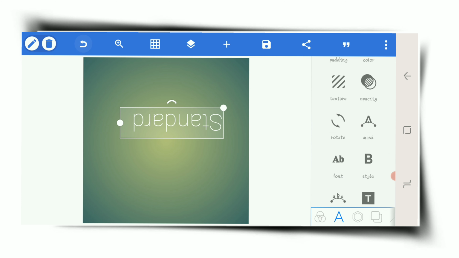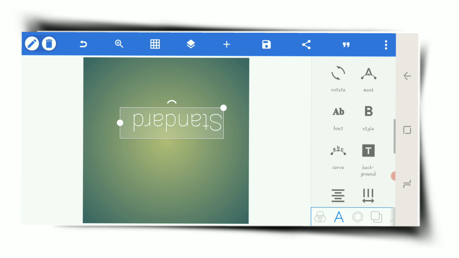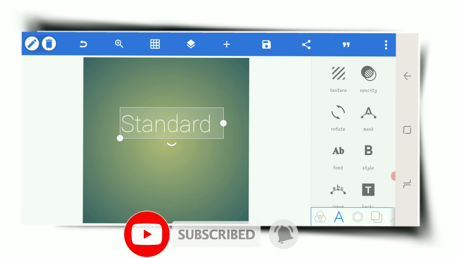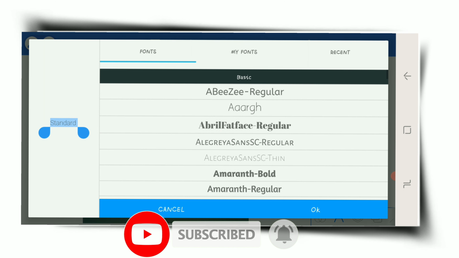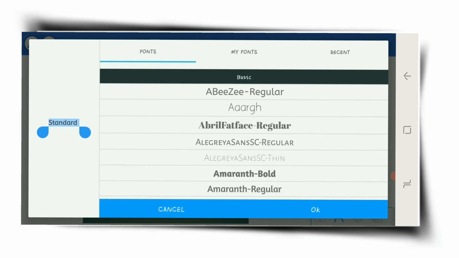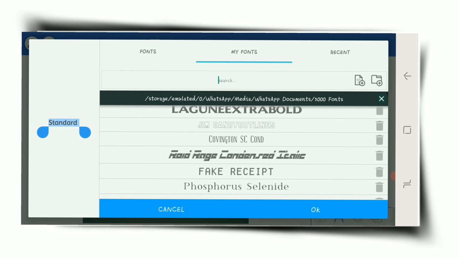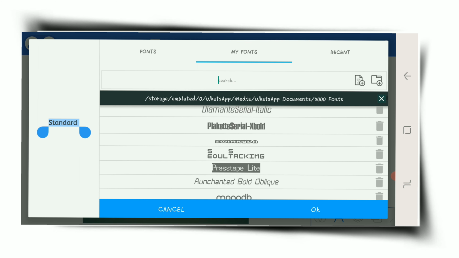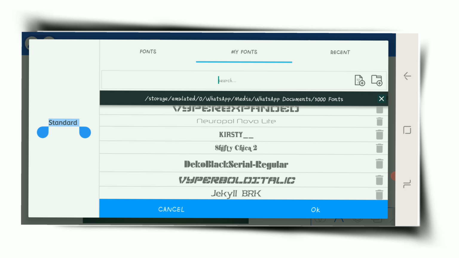So the next one is fonts. Yes, if you want to change the fonts, you tap on fonts. You want to change how it was written. You know there are 5 types of fonts. Yes, you can search it on Google. There are 5 types of fonts. So if you want to change the fonts,